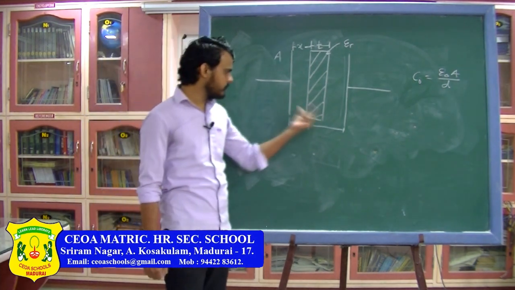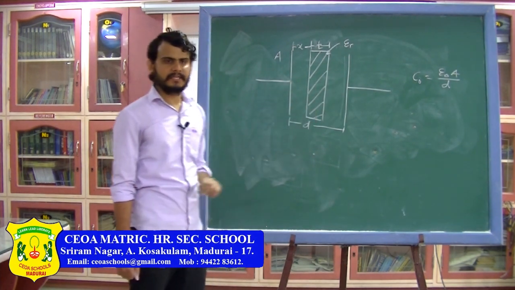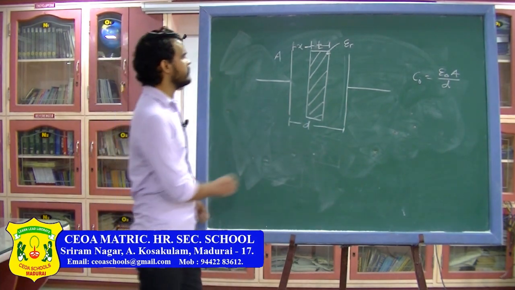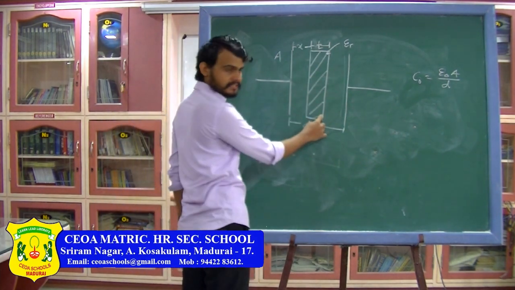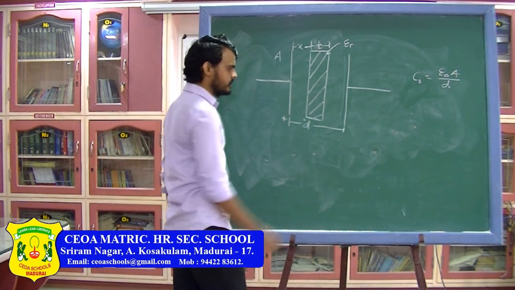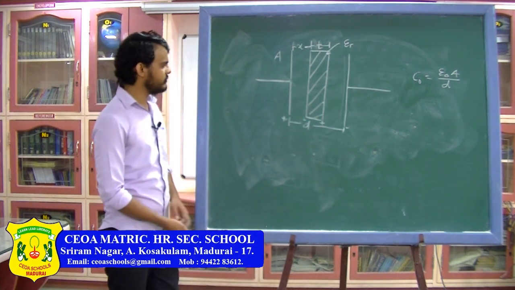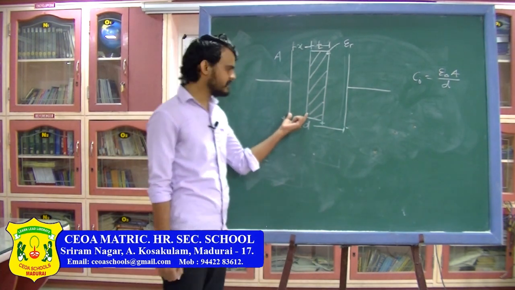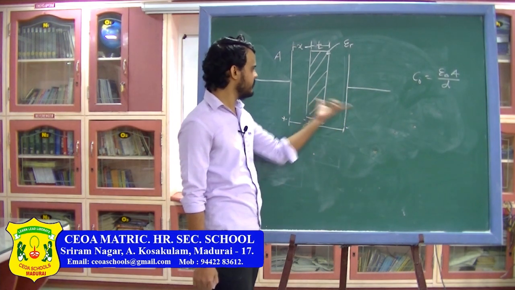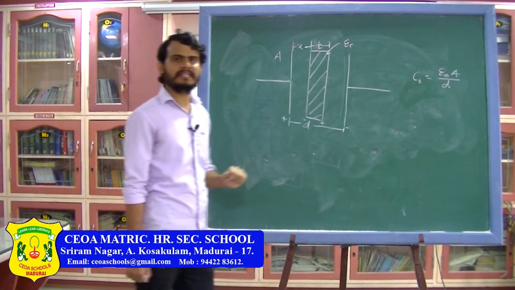Now as you know, if you are inserting a dielectric slab, there will be an electric field between the capacitor plates. Due to that electric field, in the dielectric there will be charge separation. So there will be an induced minus charge here, and induced positive charge here, and the charge on the plates as shown. Now you can see that I can consider this part as one capacitor, this part as another capacitor, and this part as another capacitor. So I can divide this whole capacitor into 3 capacitors connected in series.